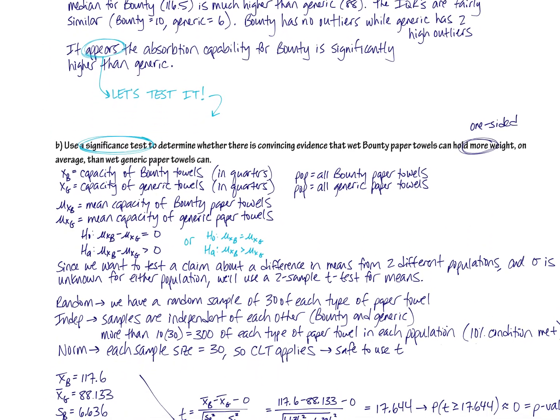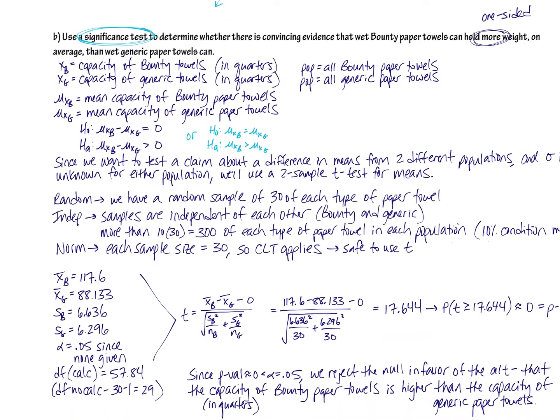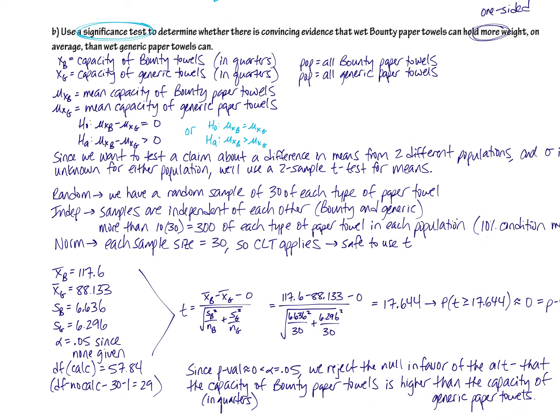Scrolling down, use a significance test to determine whether there is convincing evidence that wet Bounty paper towels can hold more weight, on average, than wet generic paper towels can. This is a one-sided test. First of all, I know this looks like a lot of stuff. I'm going to go through this defining and stating